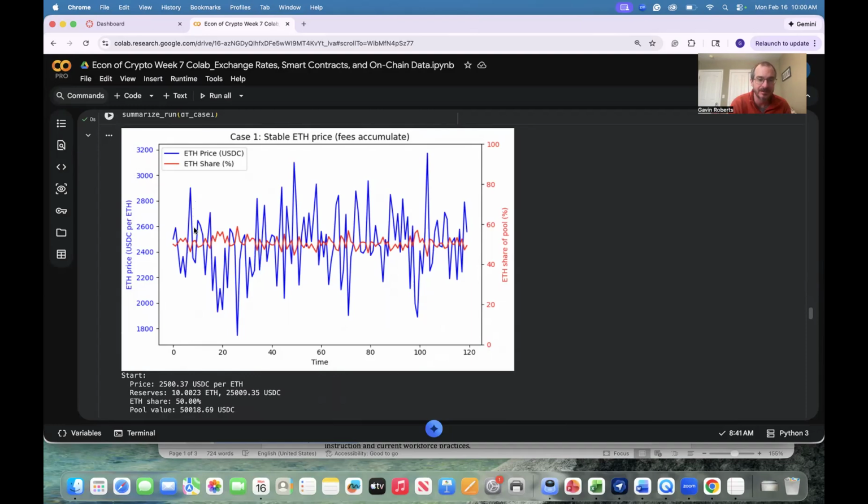Then the Ethereum price starts to fall. That's people selling Ethereum, so the proportion of Ethereum in the pool is rising. But notice we start at 50%, and in this version, we stay stable, bouncing around 50% with those moves. On average, we're staying right in the middle.